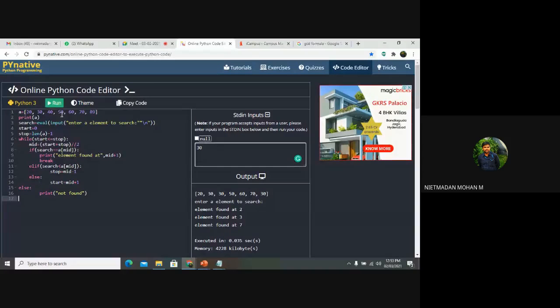We'll go with only three inputs, so it will be very easy to understand.